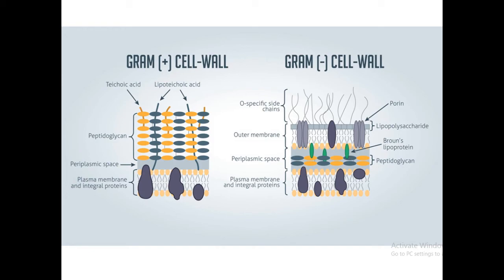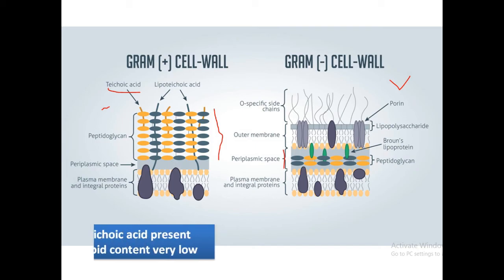Next, this is a beautiful picture that is depicting the gram positive cell wall, and this depicts the gram negative cell wall. So we can again see the peptidoglycan layer is very thick and here it is very thin. And what else we can see? The teichoic acid is present in case of gram positive bacteria and it is absent in case of gram negative bacteria.